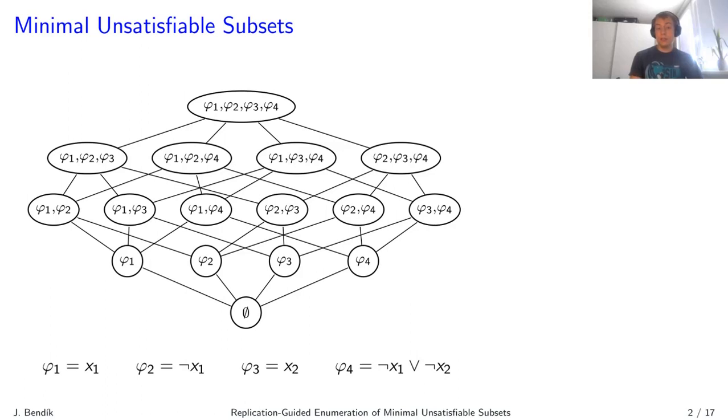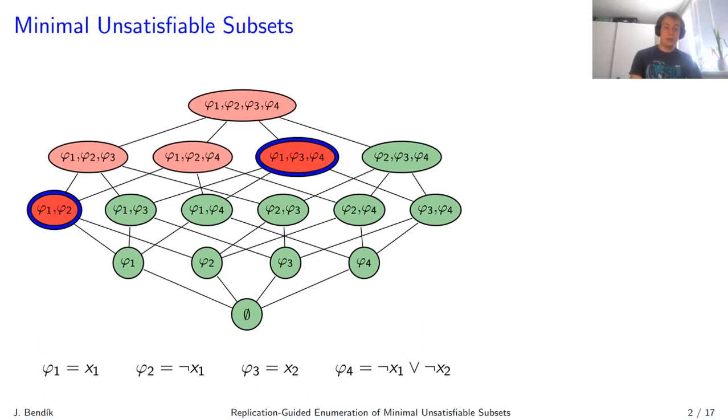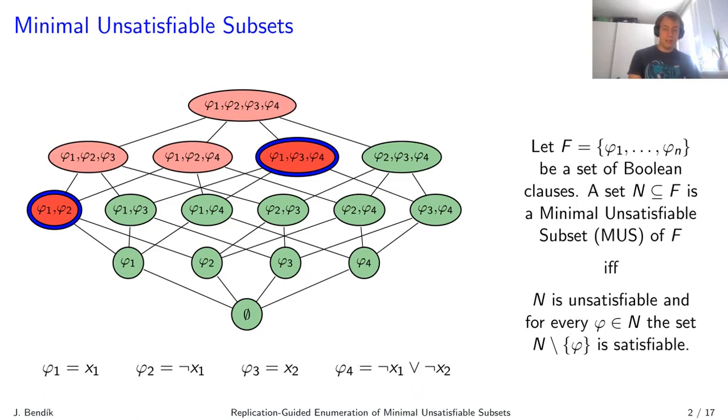Well, we can draw the power set. Then we can somehow determine which subsets are unsatisfiable and which are not, like this. And then we can see that there are two sources of the unsatisfiability, these two. The sources are called minimal unsatisfiable subsets. Formally, a set of clauses is a minimal unsatisfiable subset, shortly MUS, if it is unsatisfiable and every one of its